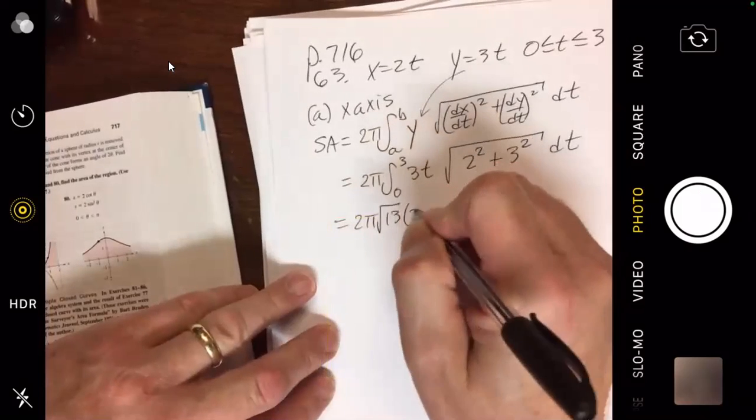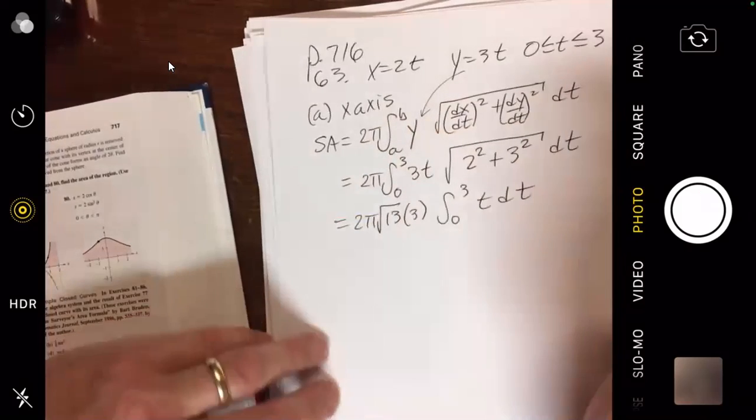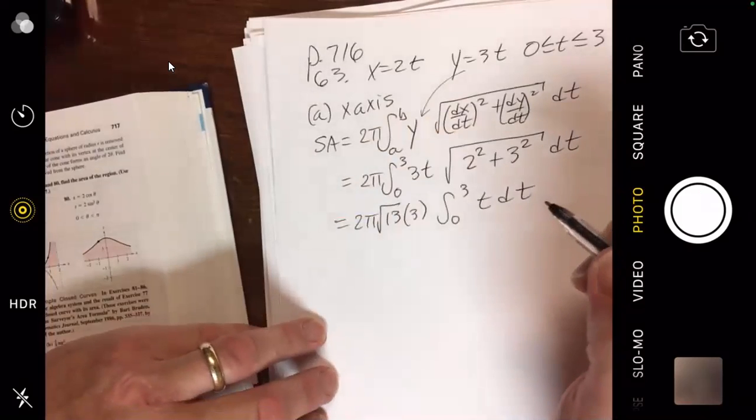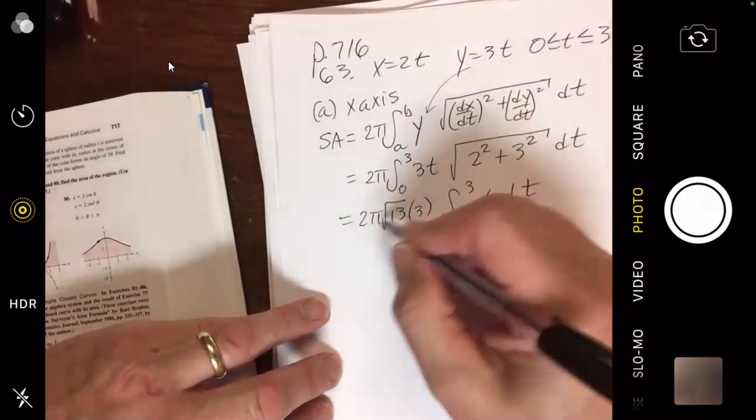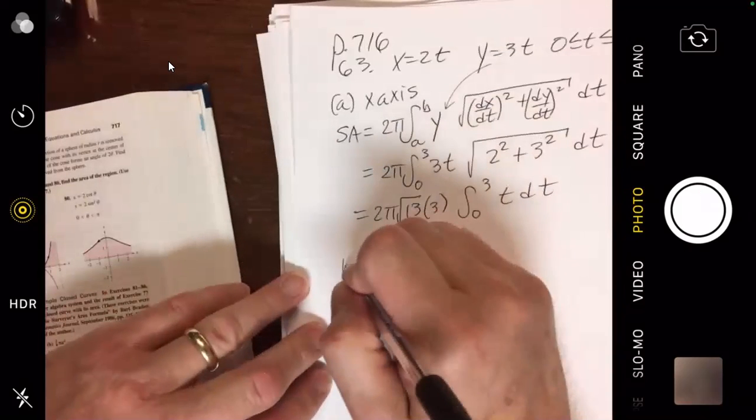We also have a 3 from here. Is the integral 0 to 3 of t dt. And I will let y'all punch that. They're really 6 pi root 13. I'll let y'all punch that. And in B,